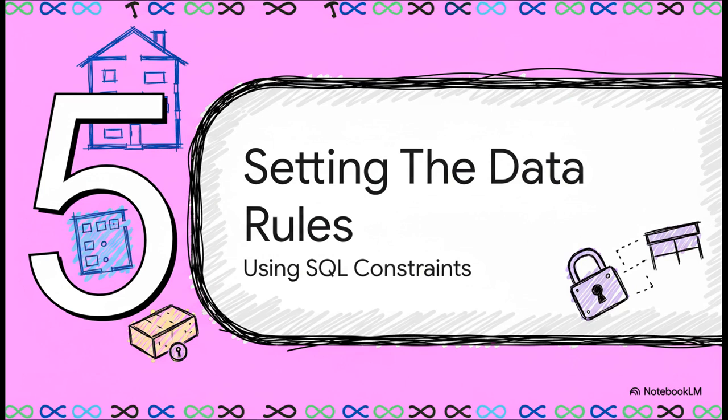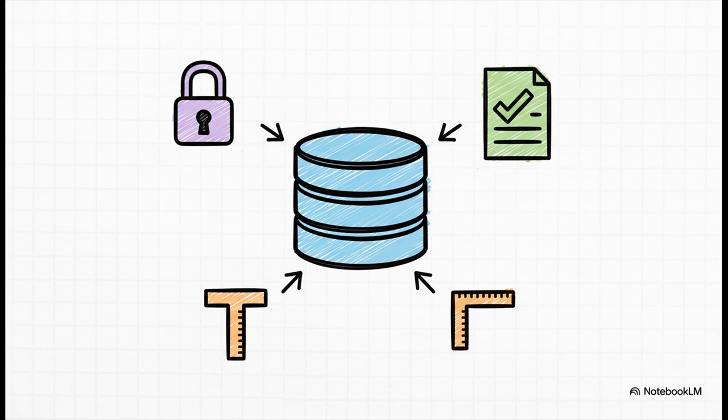So a house isn't just walls and floors, right? To be livable, it needs rules. It needs plumbing that actually works, electrical wiring that's up to code, and locks on the doors. In our database, these essential rules are called constraints. And that's really the heart of it. Constraints are not optional suggestions. They are the fundamental, non-negotiable building codes for your data. The database itself will enforce these rules automatically, 24/7, to protect the integrity and the quality of the information you're